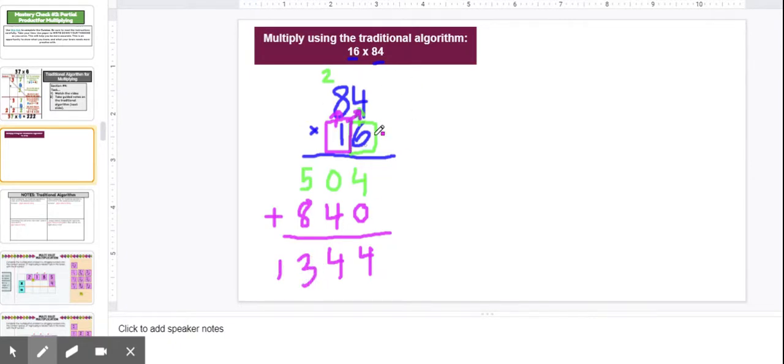As we multiply these two-digit by two-digit numbers, the biggest part that can be hard to remember is adding this 0 here. You want to make sure that you're multiplying all of the parts by all of the parts and totaling